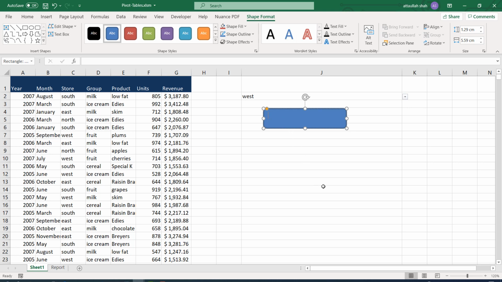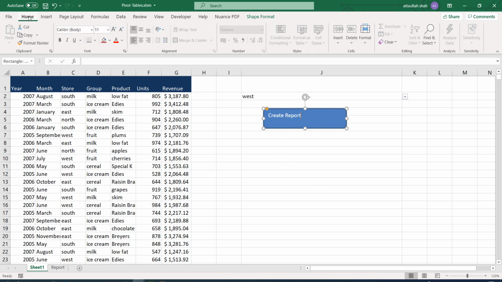And let's add some text to it, create report, and align the text toward the center horizontally and vertically, and I'll also increase the font size of the text.